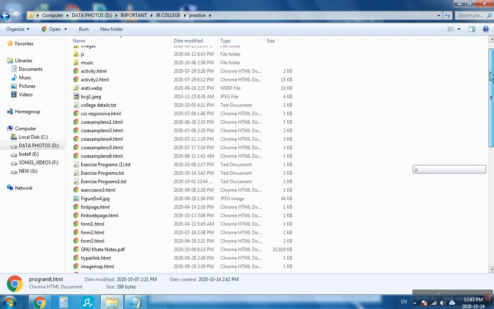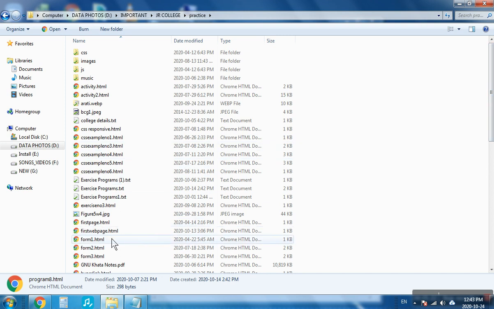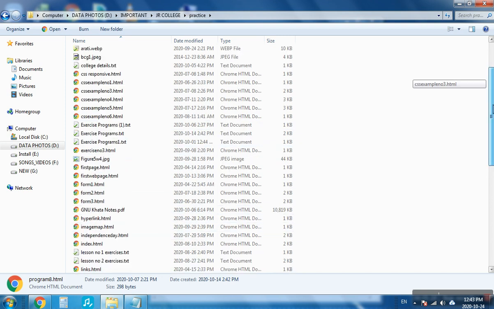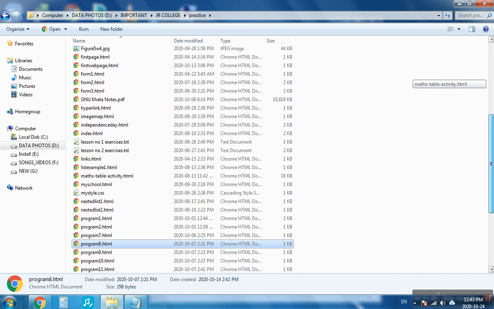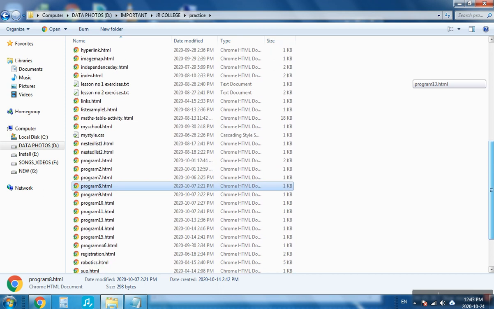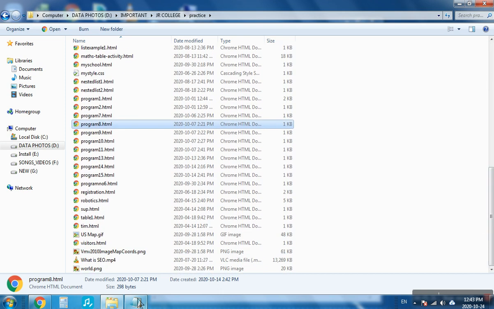Where is the file gone? I think it is gone in some other folder.